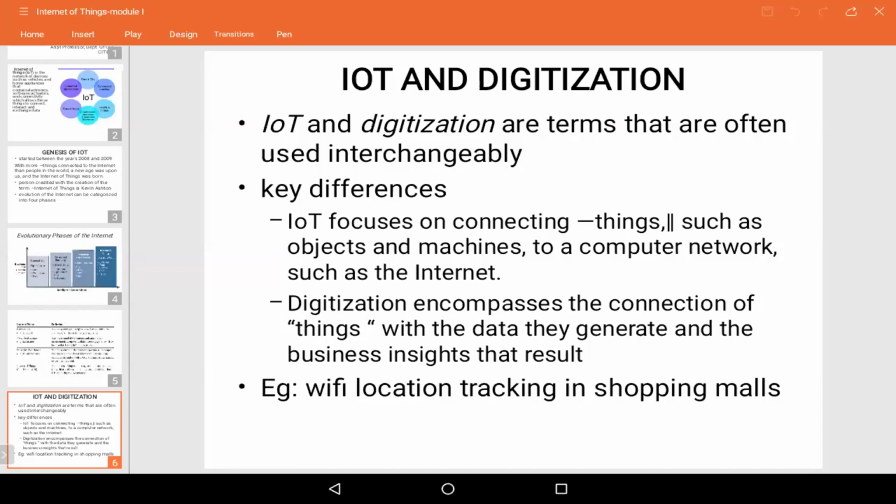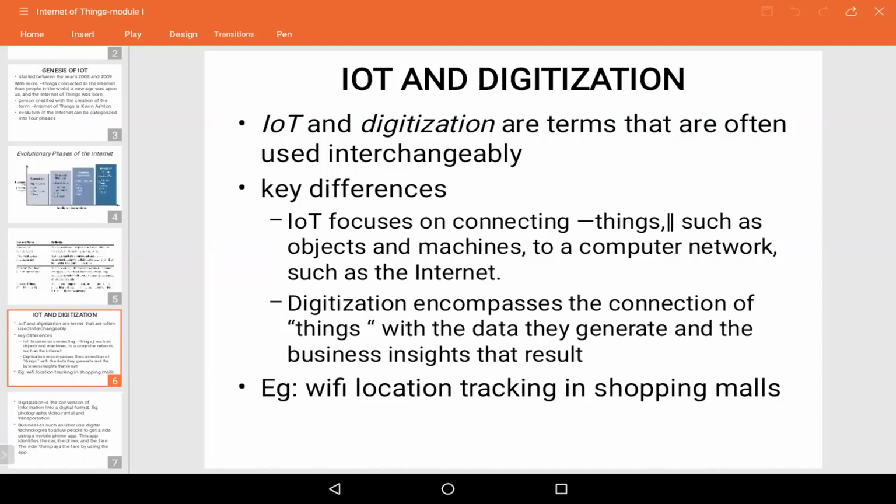The key difference, that small difference, is that IoT focuses on connecting: the purpose is to make sure that people and objects are connected to the network. That's all. The main motive is that the connection happens between people and objects over the network, and the data is generated. For example, I already told you in the class about Wi-Fi location tracking. In any mall, as soon as you enter, the Wi-Fi